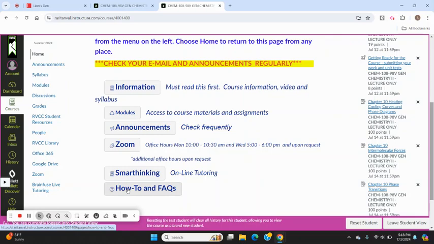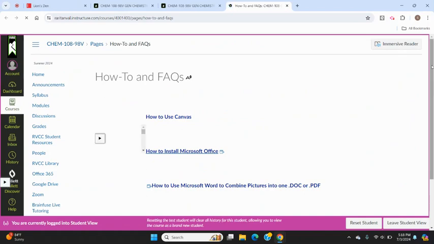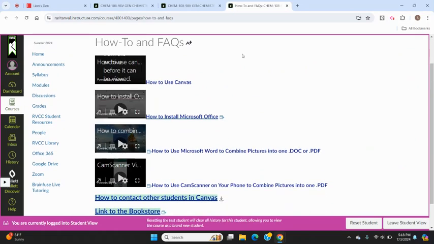Down a little bit further, we have how-tos and frequently asked questions. So I want to take a look at that real quick. So we've got a link to a video on more information about how to use Canvas. There's a link on how to install Microsoft Office onto your computer. That's free for all RVCC students. There's a link to a video on how to use Microsoft Word to combine pictures into one doc or PDF